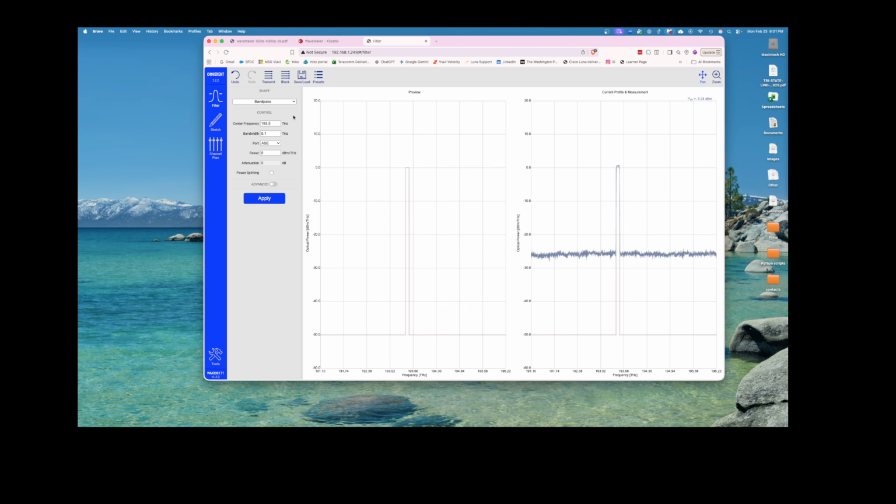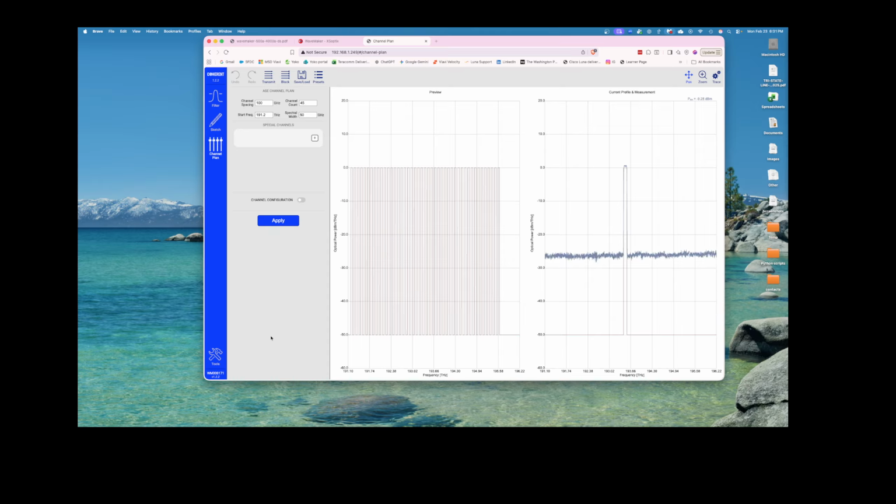So I guess that's interesting, but where the real power is on this product is going to this channel plan. If we go to channel plan, you can build a DWDM simulator very quickly. Let's do 100 gigahertz spacing, 45 channels, start frequency is 191.2, and spectral width is 50 gigahertz. And if we apply that,